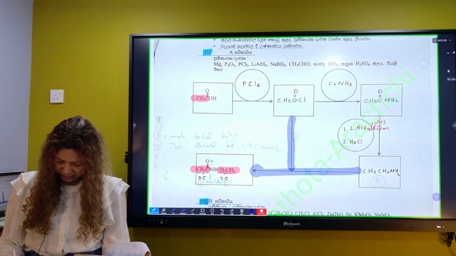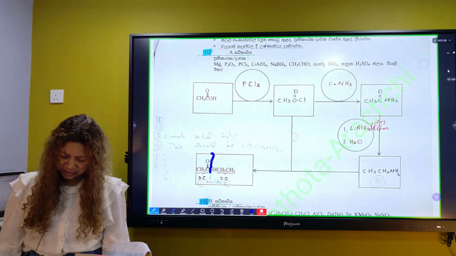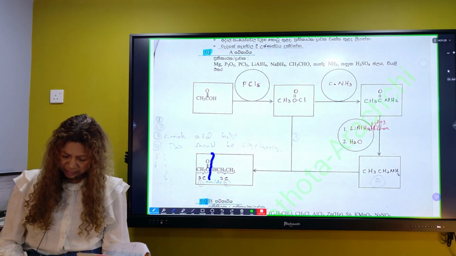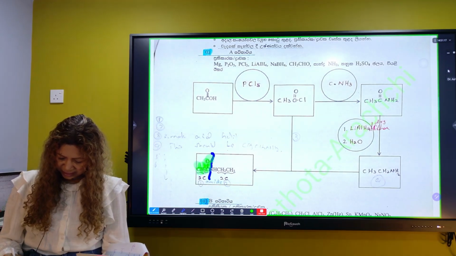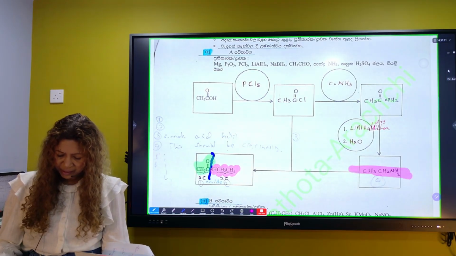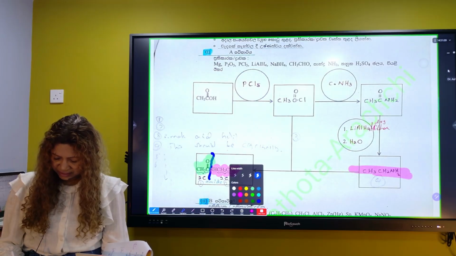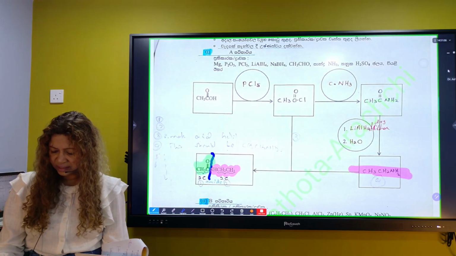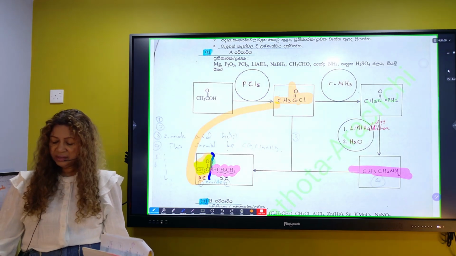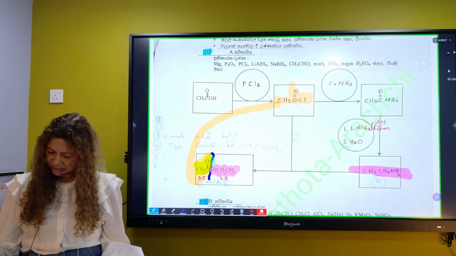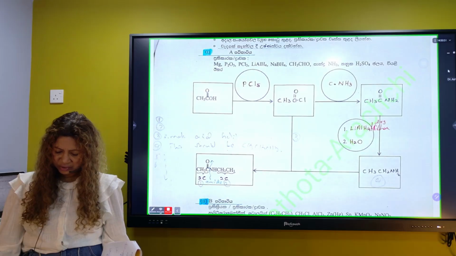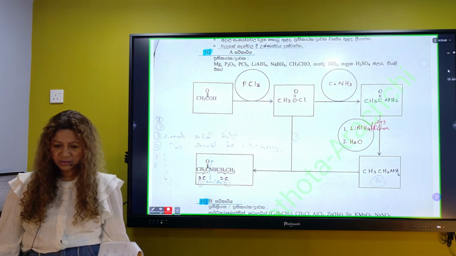If you break this, this green part is supposed to come with the carboxylic acid, and then the pink part is supposed to come with the amine. So this part is the amine, but directly they are not using the carboxylic acid. Then the other option is the acid halide. So this is supposed to come through the acid halide part, then convert it to amide with ammonia, and then reduction to give amine. Those two together make this amide, a substituted amide. How easy?